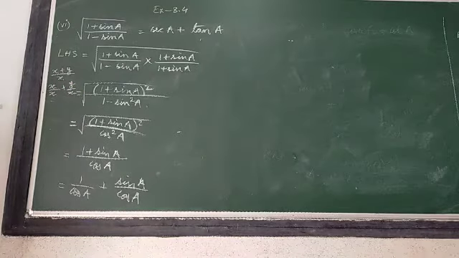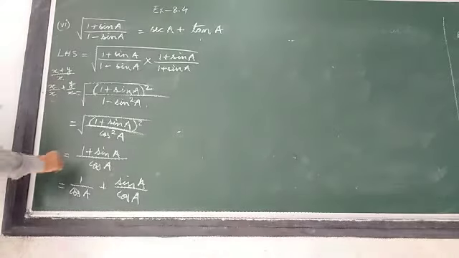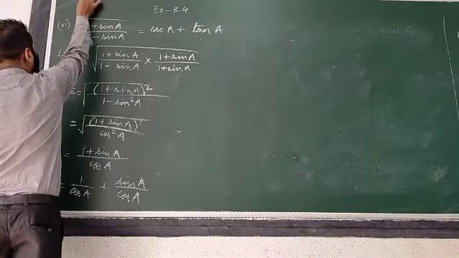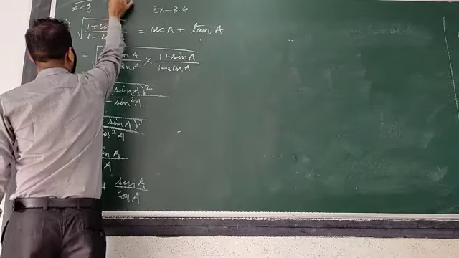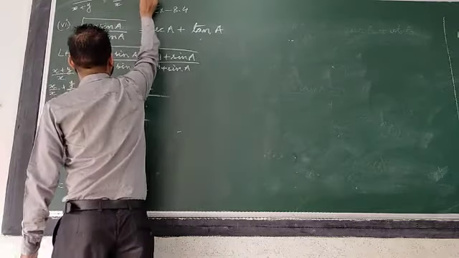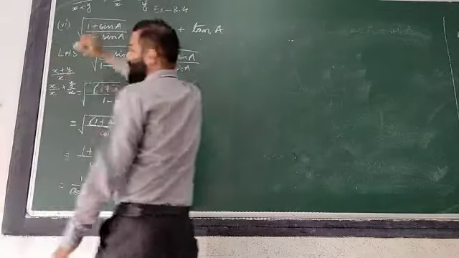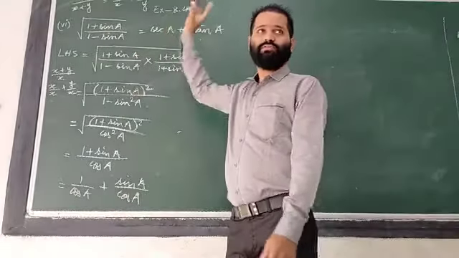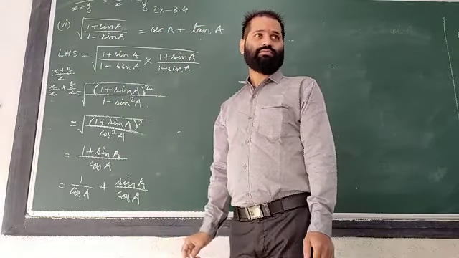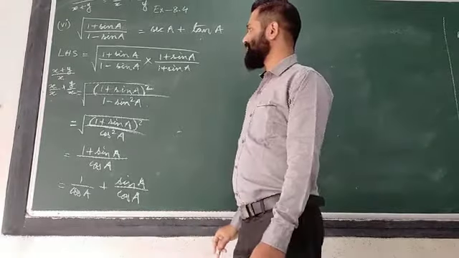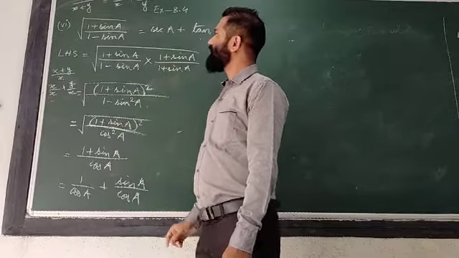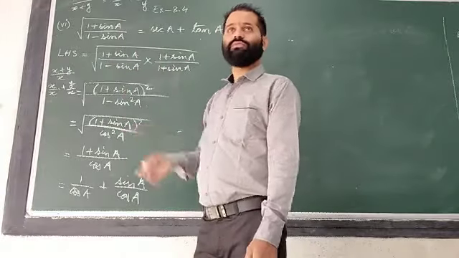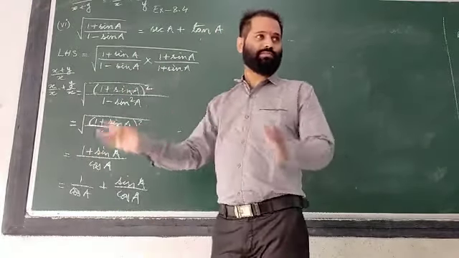But if you are having more than one number in the denominator, for example x by (x plus y), you can't write x by x plus x by y. Is it clear or not? If you write that way, it will be wrong. Students sometimes say, sir, you said we can write by dividing like this, but it did not work there. That is different. If you are having more than one number in the denominator, you can't separate this way.